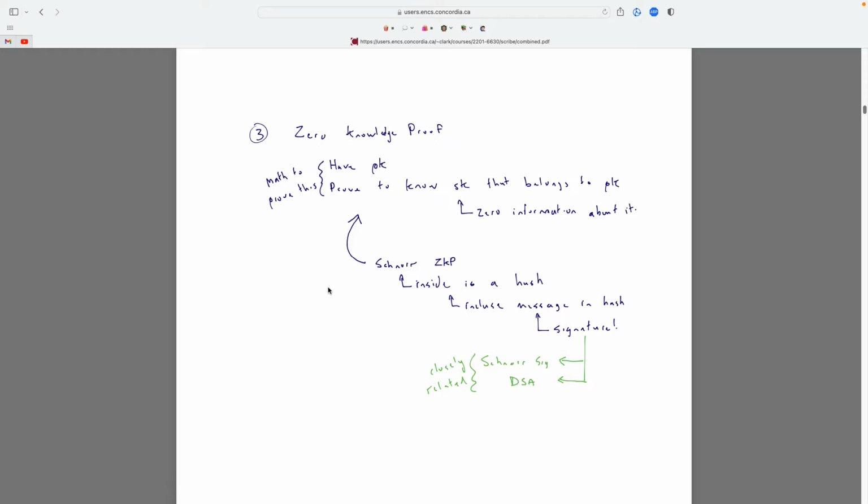Could you tell about binding and hiding, and how is it related to hash function? Sure. So a commitment function. If you hash something, it's almost like a commitment function. So generally, if I commit to something, like let's say that